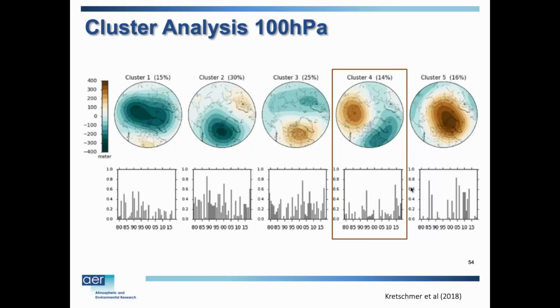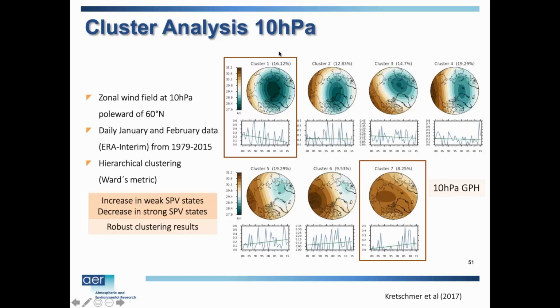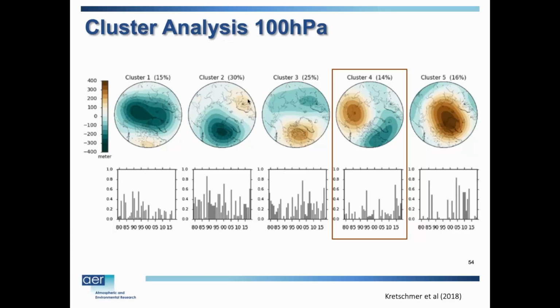Now, I threw this in at the last minute because you guys are really interested in the stratospheric polar vortex. The previous analysis I showed was for 10 hectopascals, right? We duplicated the analysis at 100 hectopascals, and we got slightly different clusters. Here you can make out the strong polar vortex as cluster 1, the weakest polar vortex, cluster 5. But this cluster 4 is a little different. You can see this ridging, high pressure over the North Pacific sector of the Arctic, between Alaska and eastern Siberia, and then this lower pressure across eastern Canada, extending out to the North Atlantic. And here's also the time series. There's been an increasing trend as well with this cluster 4.